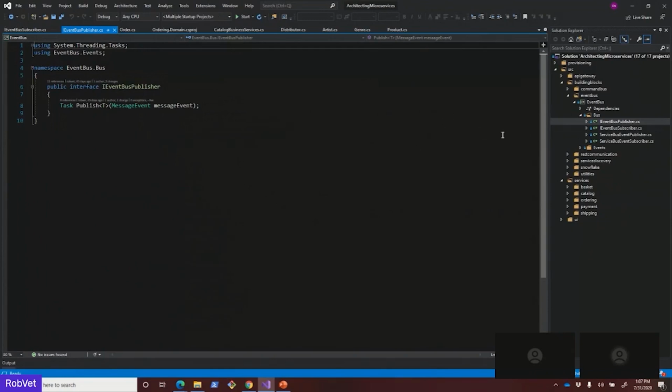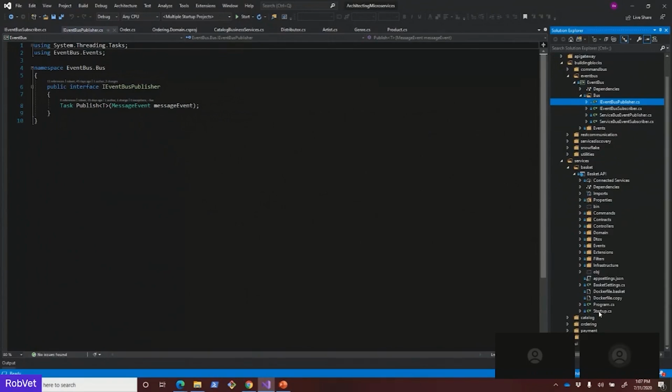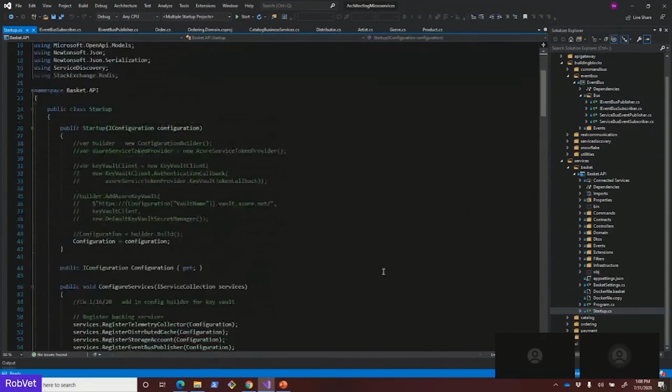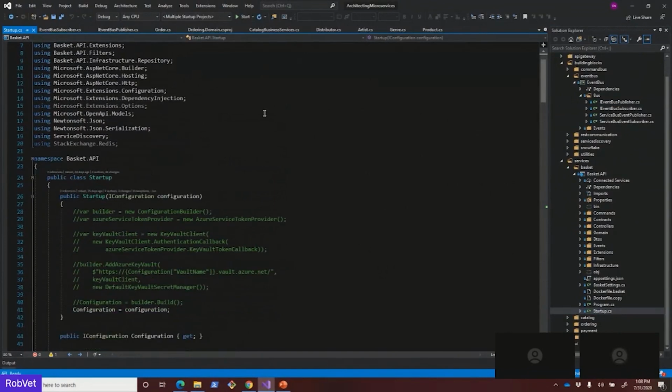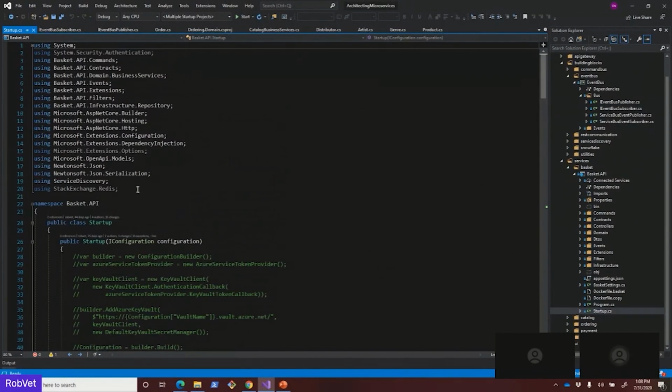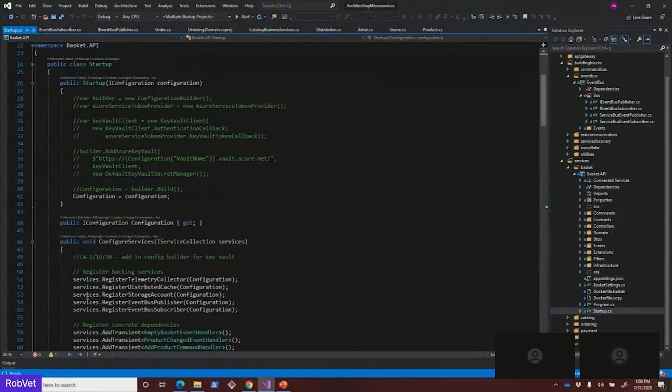What we do is we inject in what particular concrete message broker we want. So if we go here, for example, into the shopping basket, here is our startup class. You notice in the startup, we never have any references directly to, you'll see the Redis references are grayed out, we have no references to backing services. We have an extension method where we say register event bus publisher, register event bus subscriber, and in the extension method,